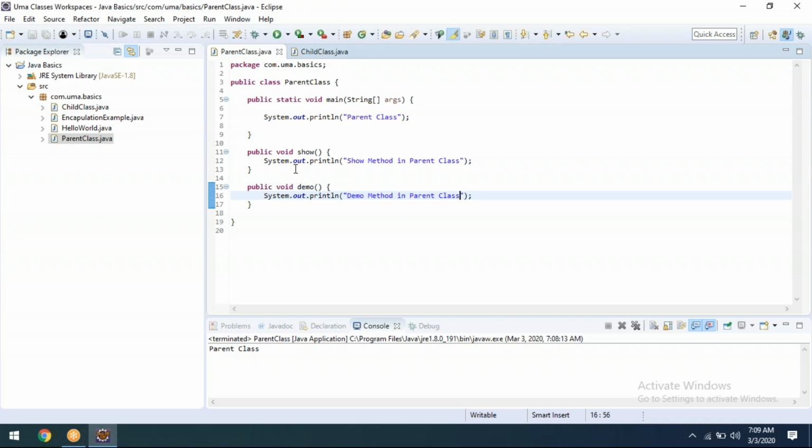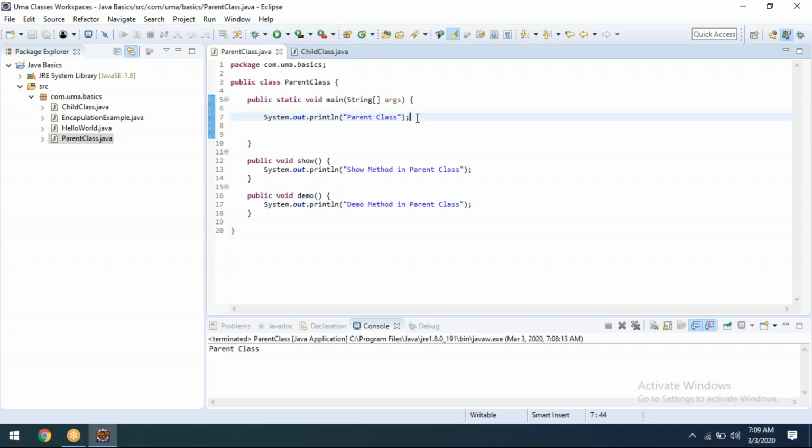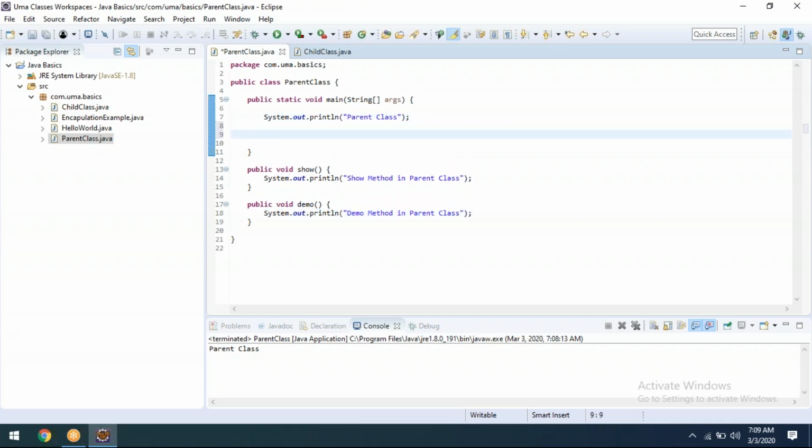Now, how can I call these methods? First of all, I need an object. To call any method within the class or outside of the class, we need at least one object. So let me create: Parent p equal to new Parent.